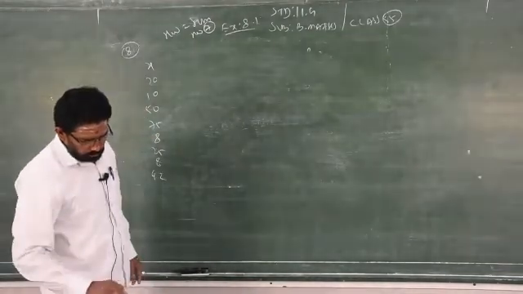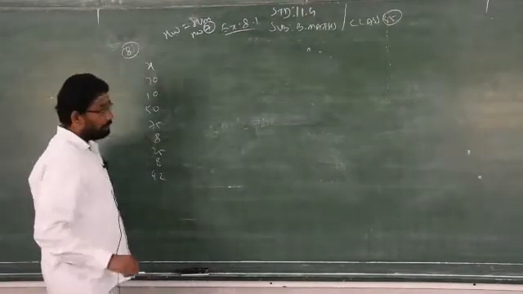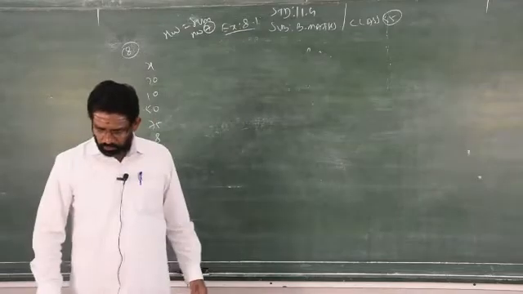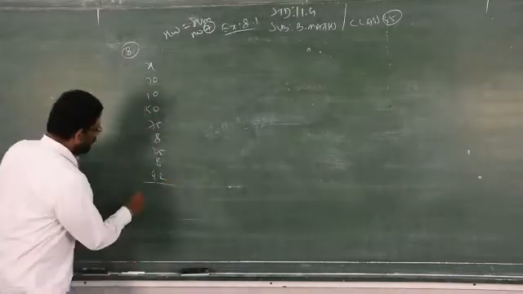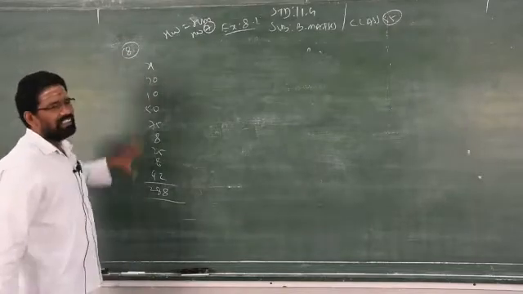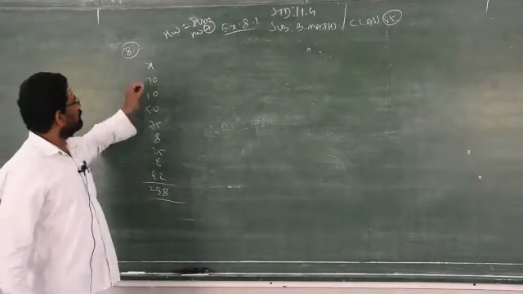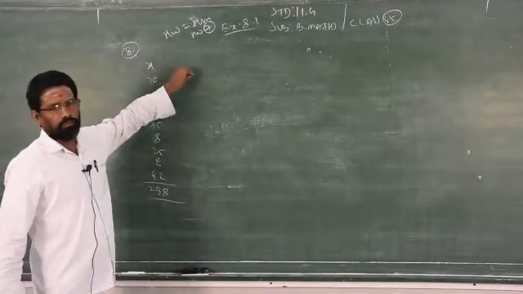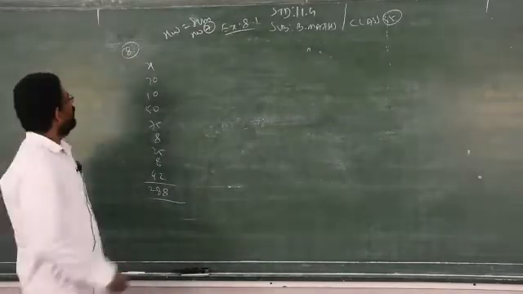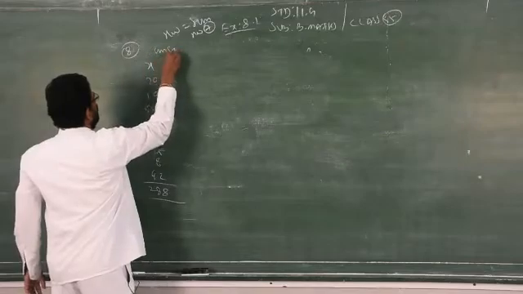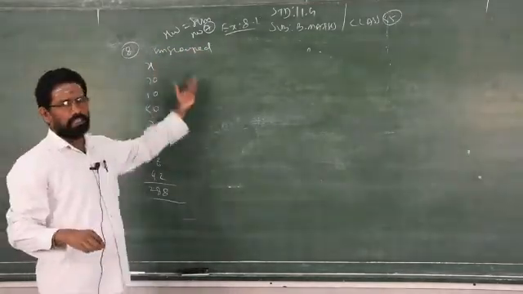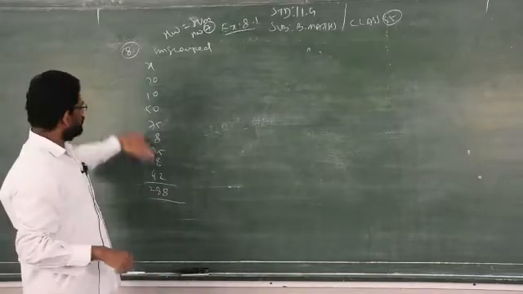Clear? Now you have to find out arithmetic mean. So for arithmetic mean you have to total it. Clear? When you total it, you get 288. This is ungrouped data. There are no frequencies assigned to the values of X. Therefore it is called what? Ungrouped data. This question number 8 stands for ungrouped data because there is no frequency, there is no class interval.